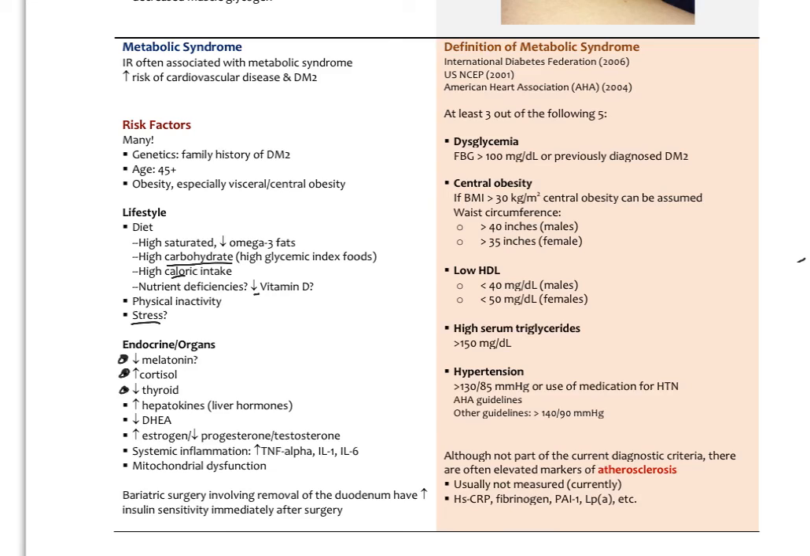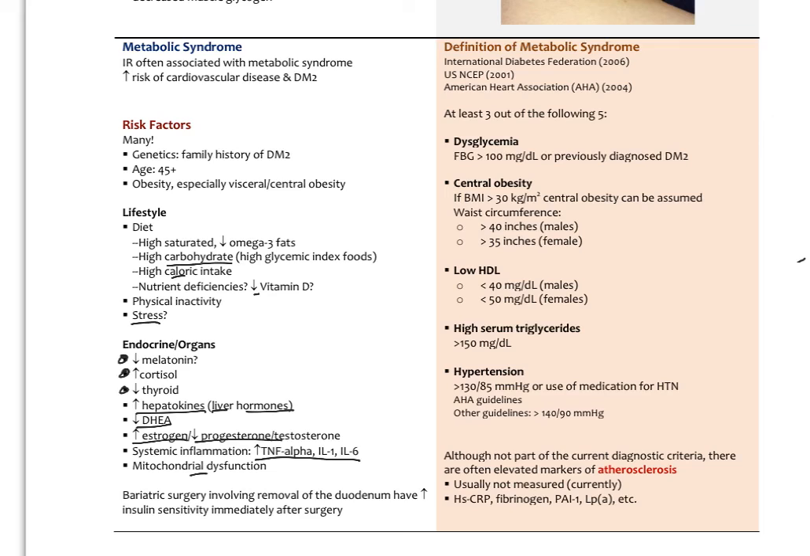The liver, interestingly, when it becomes filled with too much triglyceride, like in fatty liver, will secrete hormones called hepatokines. And these will essentially induce insulin resistance in the periphery. Decreased levels of DHEA from your adrenal cortex, and then elevated estrogen, decreased progesterone, and testosterone. All of these are neuroendocrine correlations with insulin resistance and metabolic syndrome. We know that many of these endocrine imbalances result in systemic inflammation with increased TNF-alpha, IL-1 and 6, and then